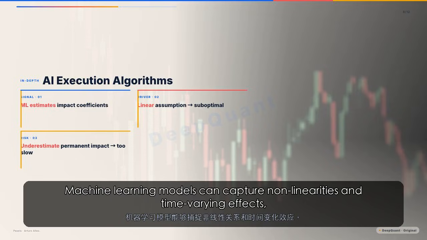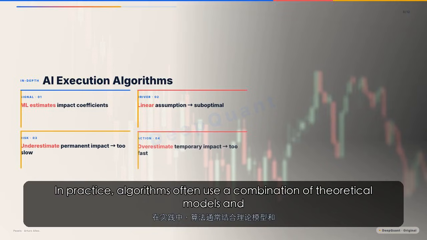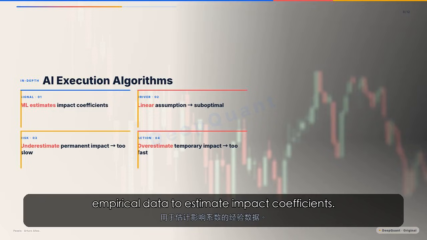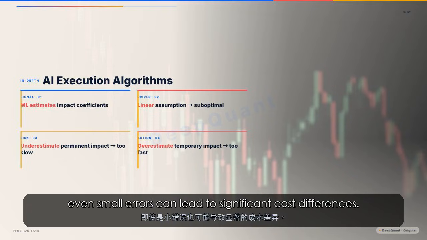Machine learning models can capture nonlinearities and time-varying effects, but they require large amounts of data and careful validation. In practice, algorithms often use a combination of theoretical models and empirical data to estimate impact coefficients. The accuracy of these estimates directly affects the quality of execution, as even small errors can lead to significant cost